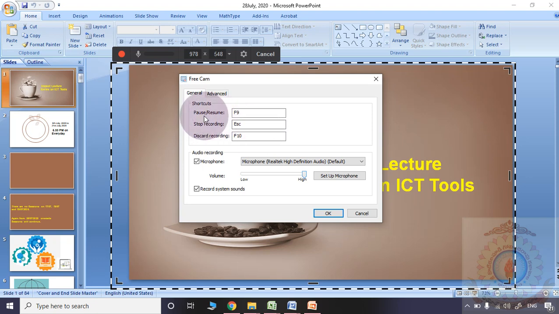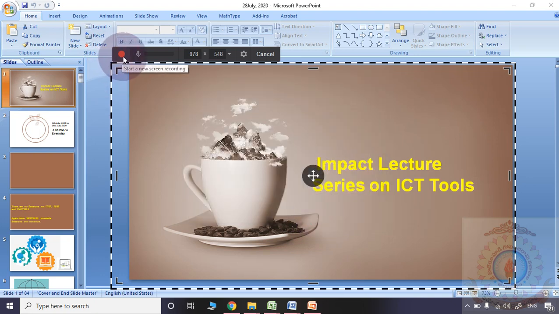Then you may ask one doubt. To pause this video, some control is there. To stop the video, some control is there. What is the way to start the recording? That is very simple. Please observe, I am closing this one. Here, you are observing a red color dot.